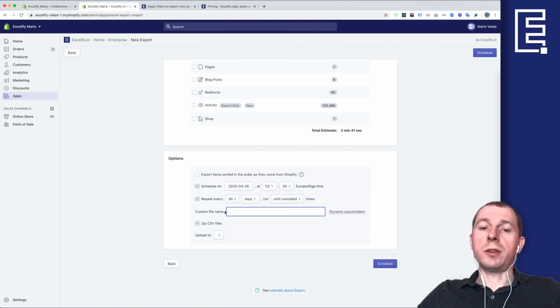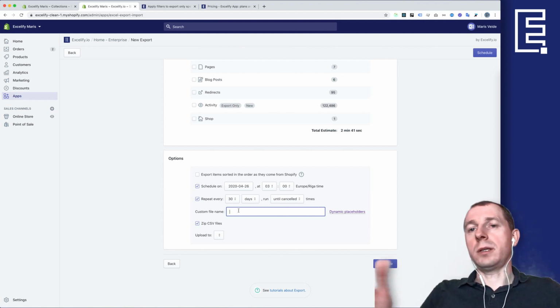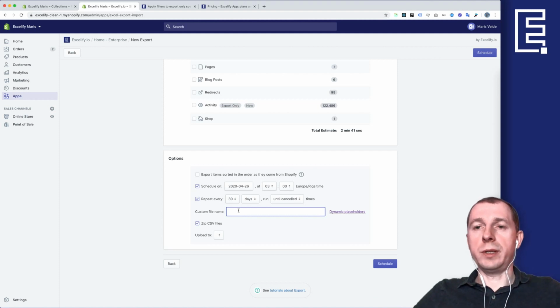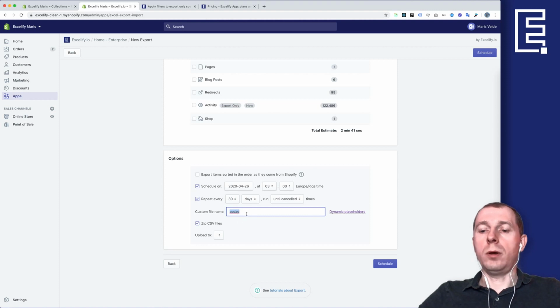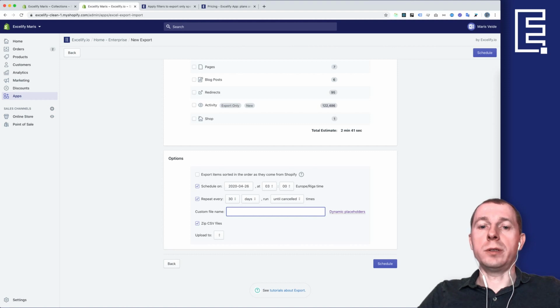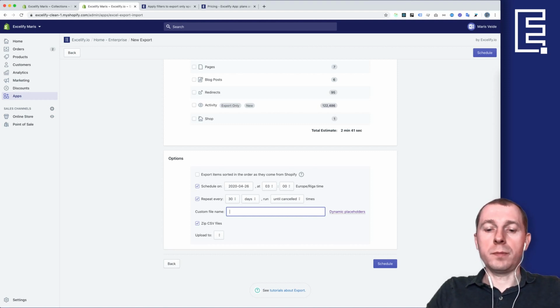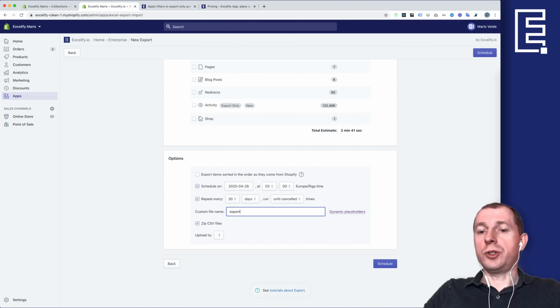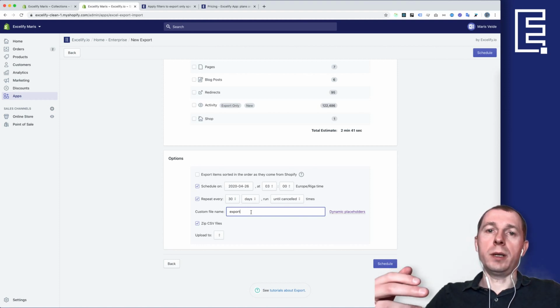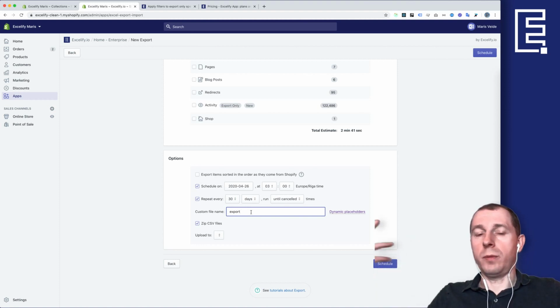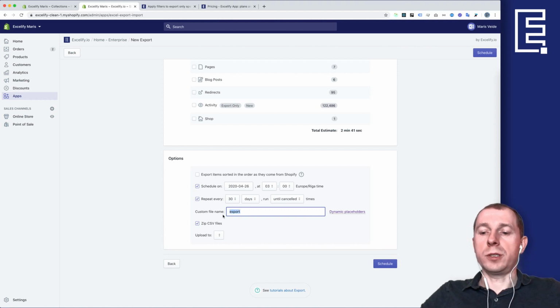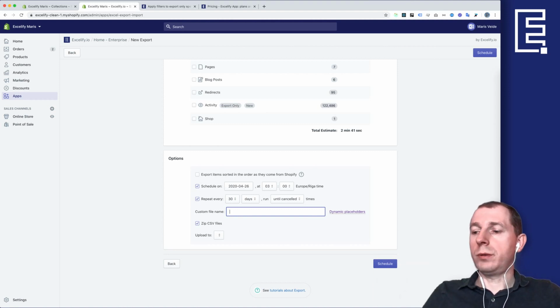And if you don't put anything, we will just generate a nice name like export with the date and time. But you can write your own file name. For example, if you want to automate your exported data further, I could just name it export, and it will always have this same URL which you can grab and then allow scripts to read from that same URL